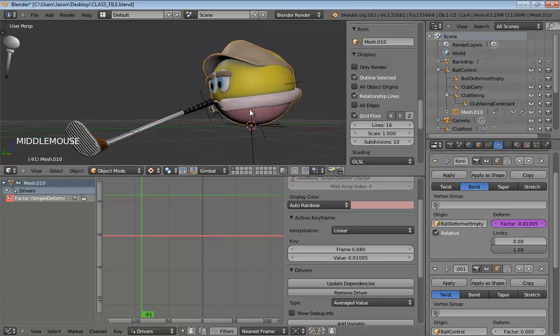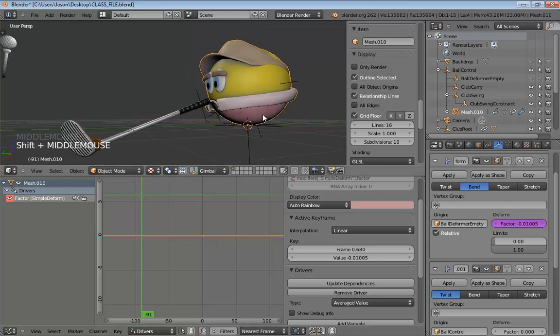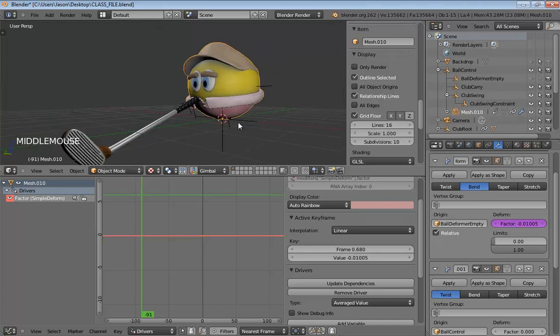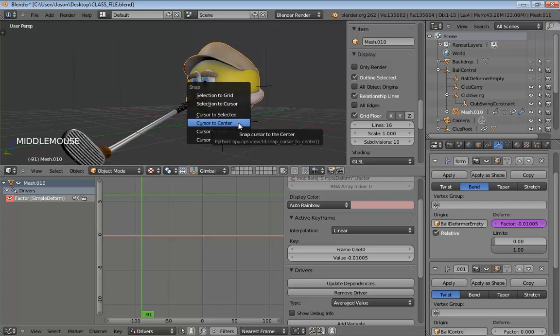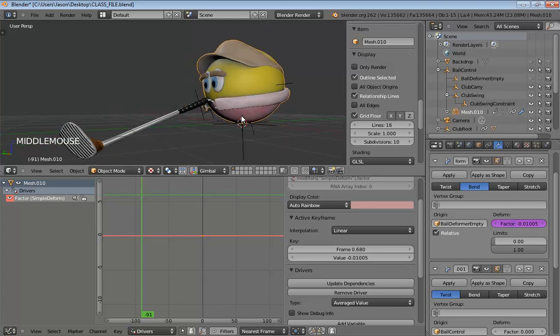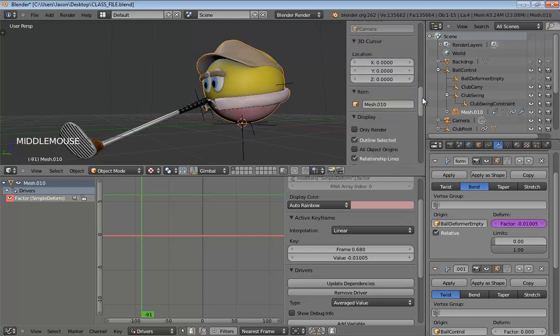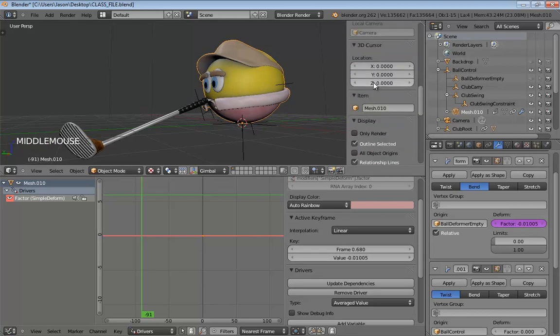Well, what I usually do, you can hit Control-Alt-Shift-C and you can move the origin to the location of the 3D cursor. So your next thing is going to be, you'll start off with this actually. You'll hit Shift-S and you can move the cursor to a selected object and then just kind of update it from there. So if you moved it to selected, like so, now I've already got my origin at the bottom, but let's say maybe that puts your 3D cursor somewhere right about here by